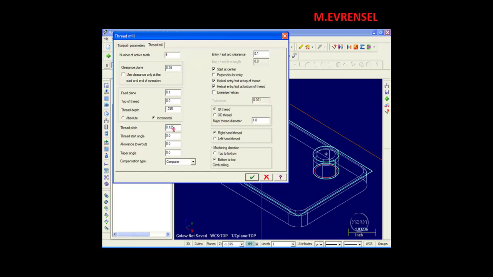My thread pitch is 1/8 of an inch. Thread start angle is 0. Allowance allows you to increase or decrease the cut of your thread. Taper angle, if you're doing pipe threads, for example. Compensation type, whether you want it in computer, control, wear, reverse wear, or off. Entry, exit, arc clearances. Do you want to start at the center? Perpendicular entry, helical entry and exit at the top of the thread, helical entry, exit at the bottom of the